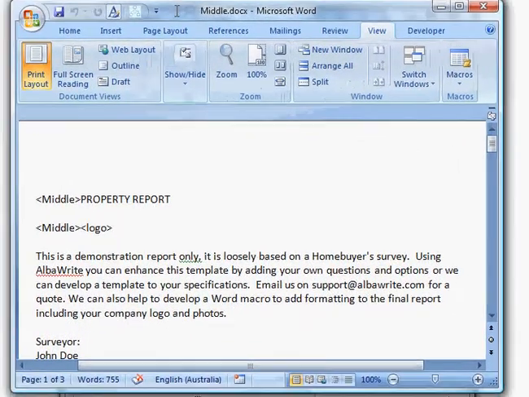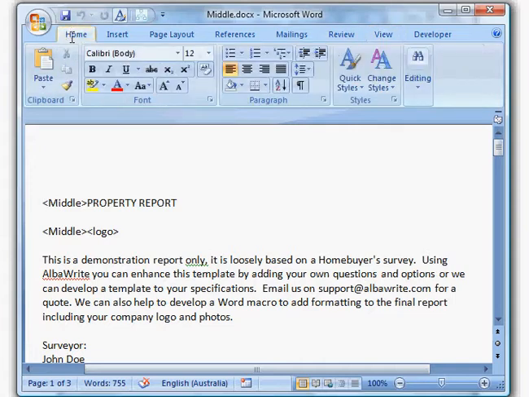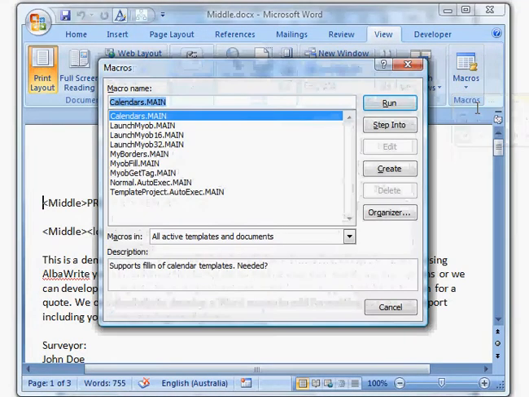Next thing to do is open Word. Don't worry about the report being there or not, it doesn't really matter. This is Word version 2007. Click the view option here. We're going to click view to get the view ribbon, and then we're going to click macros, view macros. Now this is where, if you haven't put the macro in already, the edit button here will be disabled. If that is the case,